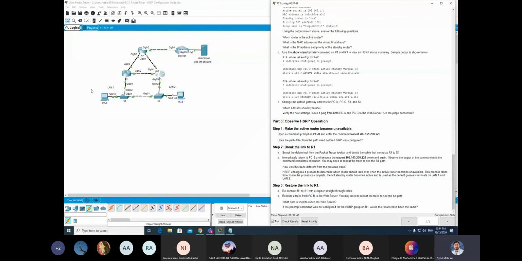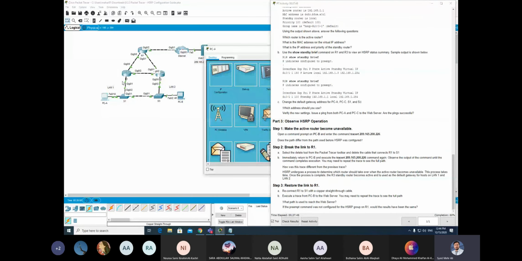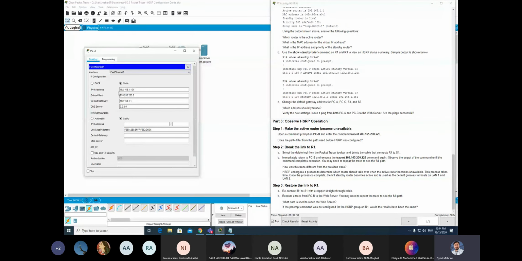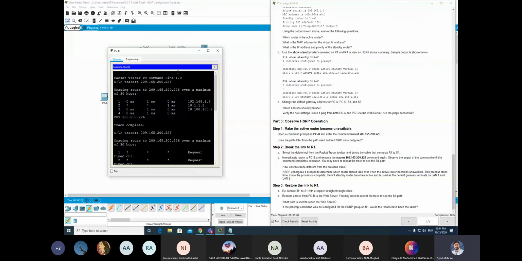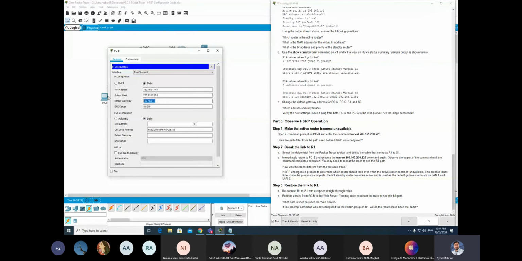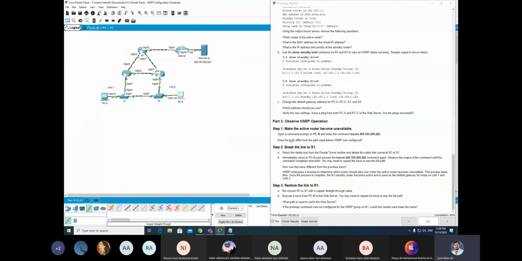So we will use PCA, go to the configuration, and use this virtual IP address as the default gateway. Here also on PCB, go to the command prompt, and we will use this gateway. We also need to change it on switch 1 and switch 3. Later on, I will do it, no problem.